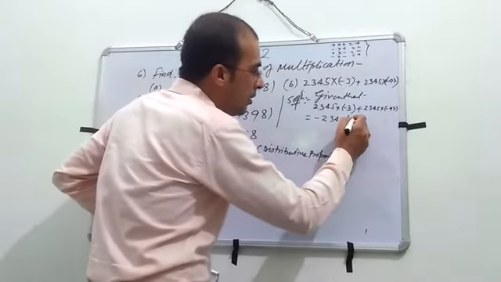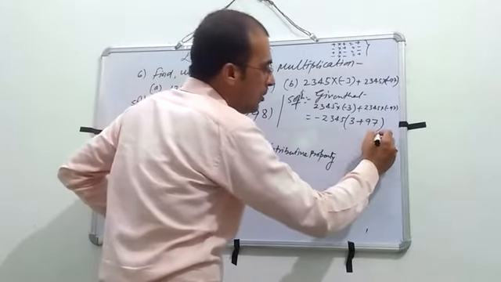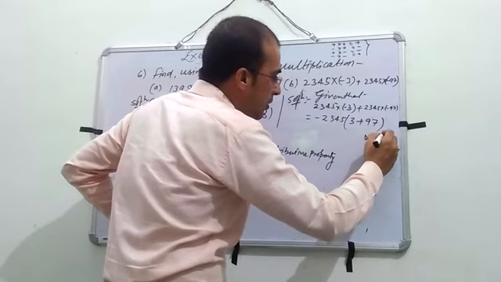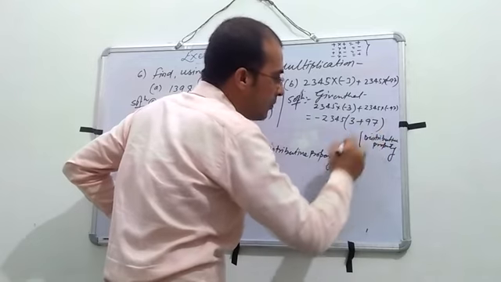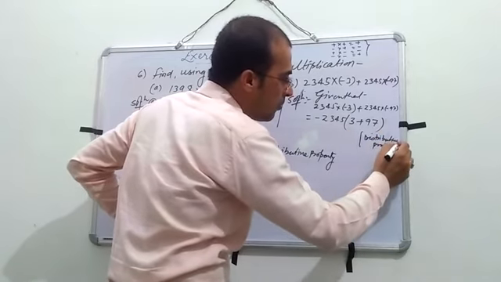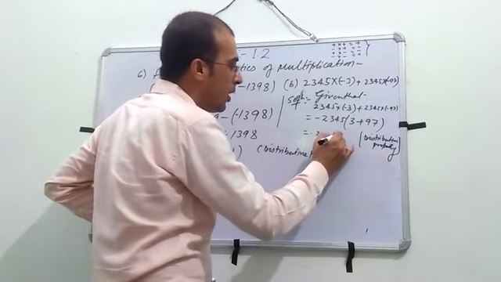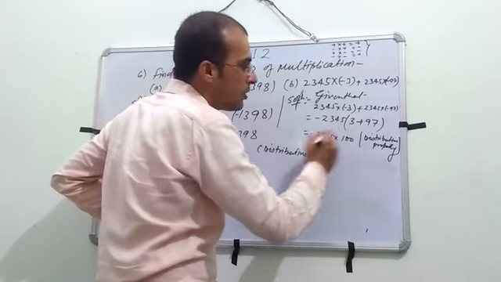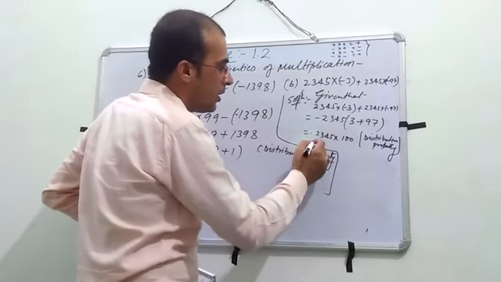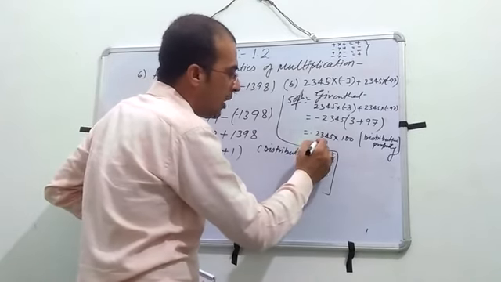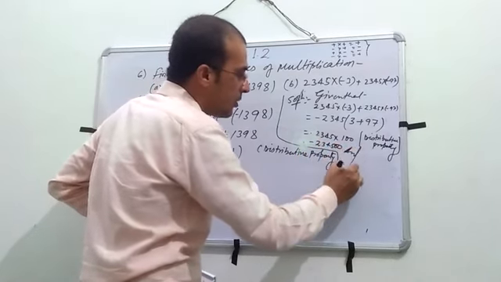What will be remaining? 3 plus 97. And what is this? This is also distributive property. So its value equal to minus 2,345 into, again its value is 100. So when you multiply, then you will get minus 234,500. Similarly,